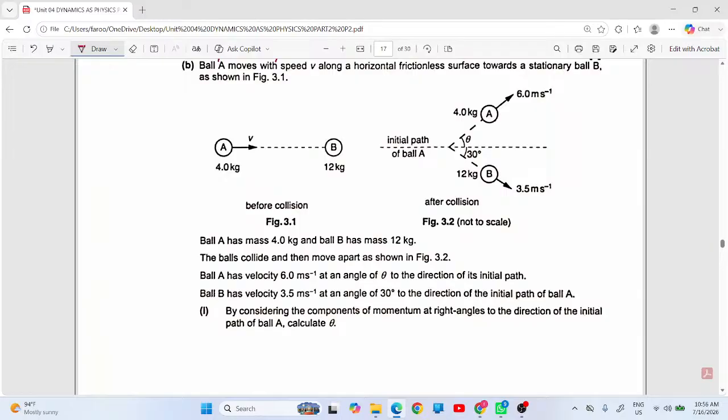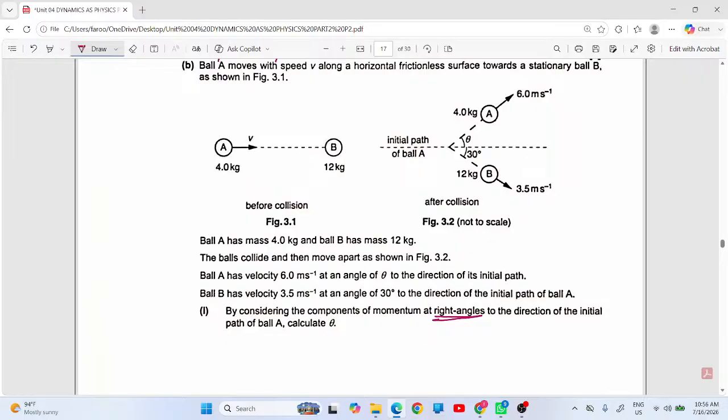Next, ball A moves with velocity v along horizontal figure. Ball A has mass 4 kg. Balls collide and then move apart. Ball A has velocity at an angle of theta to the direction of its path. Ball B has velocity 3.5 at 30 degrees to the direction of A. By considering the component at right angle to the direction of initial path of ball A, calculate